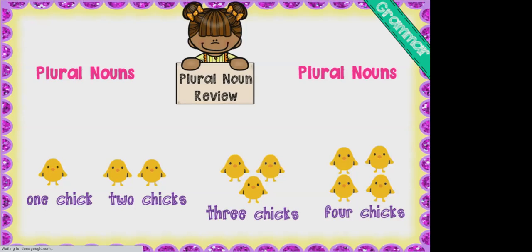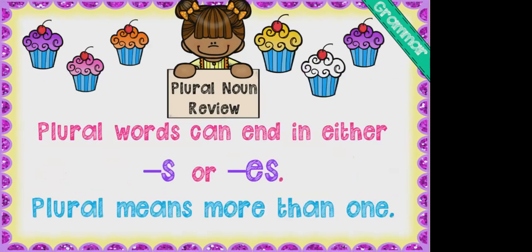So when we counted to 2, 3, and 4, the words changed, like cat to cats, dog to dogs, chick to chicks. The letter S was added to the end of the noun, and that signals that there is more than one of something. So that word becomes a plural noun. Plural words can end in either S